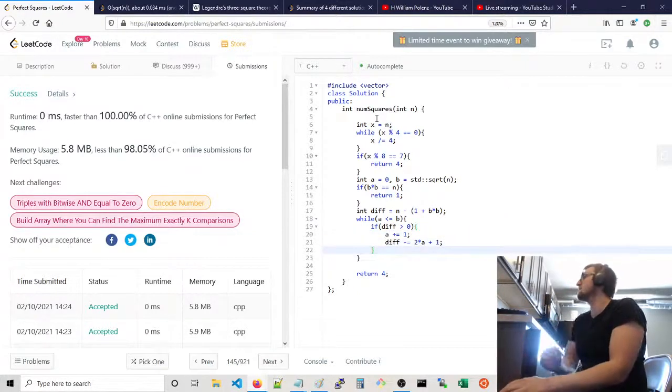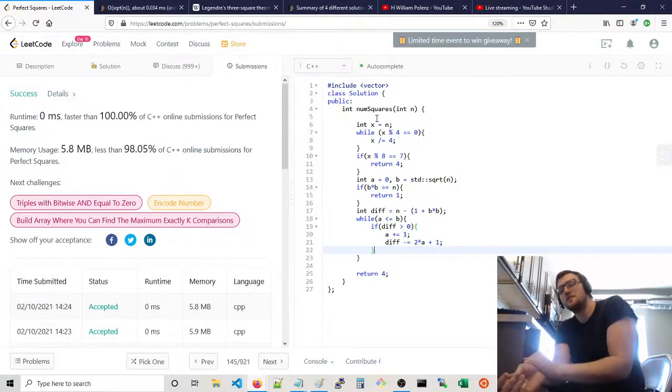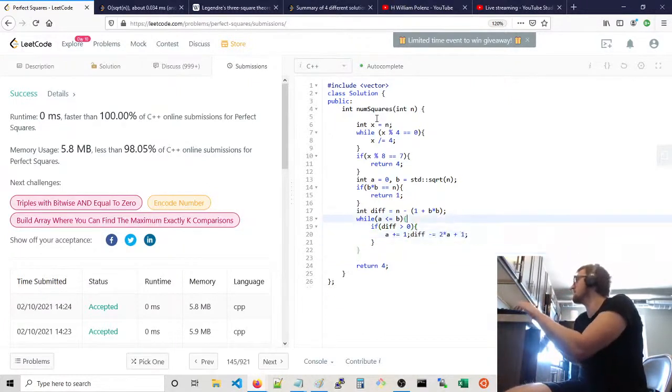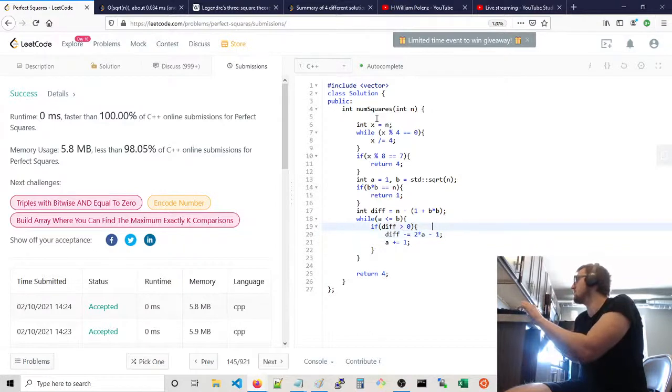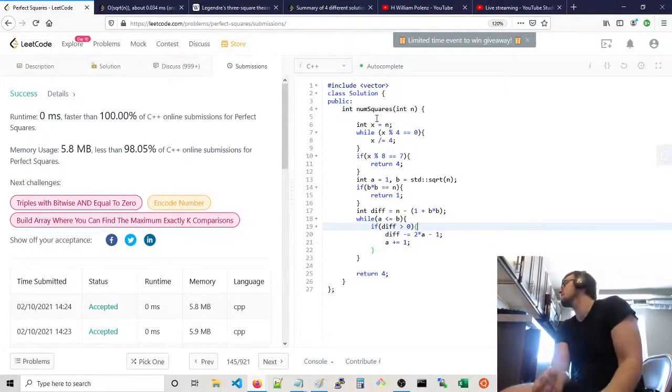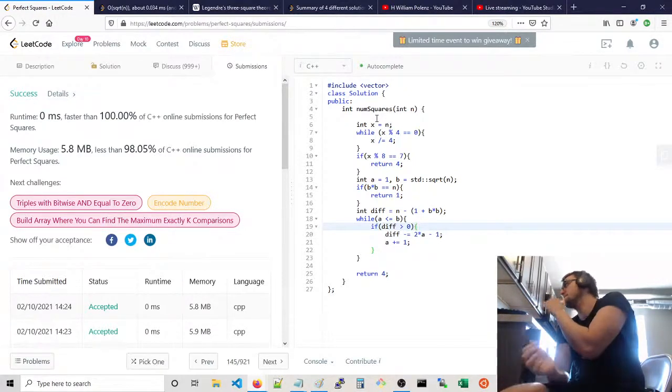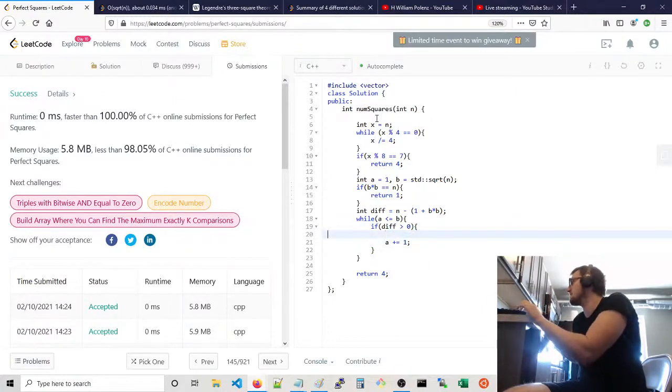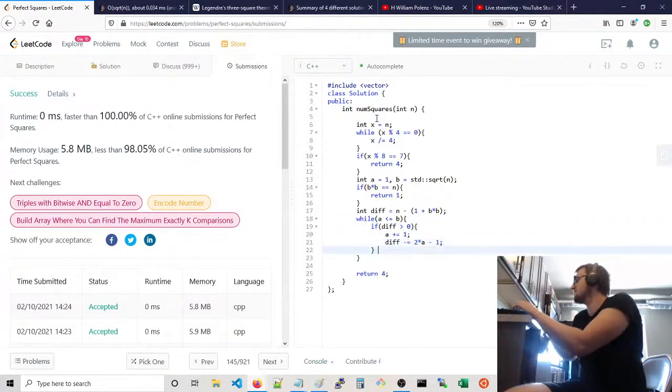So now you've already subtracted the 1, you already subtracted the 0th index. Now you increment. It really should be the other way around. A is 1, that corresponds to 1, because it's 2 times a minus 1. That's the truth. Right? 2 times a minus 1. Yeah, that's why. Okay, that's because this is the second number. Right? Else if diff is less than 0,